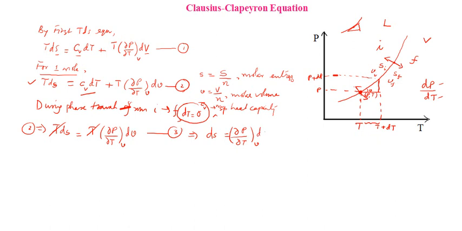Now, I can integrate because on the left side there is S and on the right side there is V as a variable. You know that during the phase transition Si changes to Sf, and Vi changes to Vf, because each phase of the material will have its own entropy values and its own volume values. The entropy of steam is not the same as the entropy of liquid water. Due to the latent heat involved there will be different entropy, and there is also a change in the molecular order when it goes from the liquid state to the vapor state.